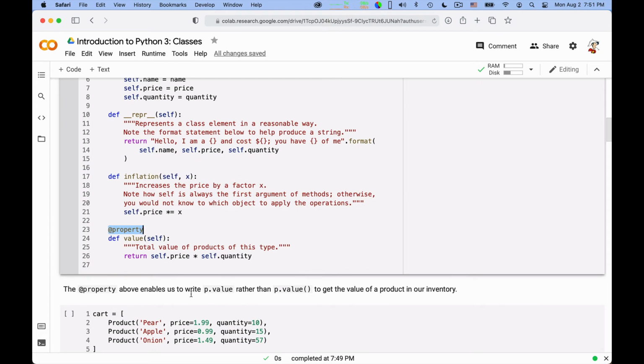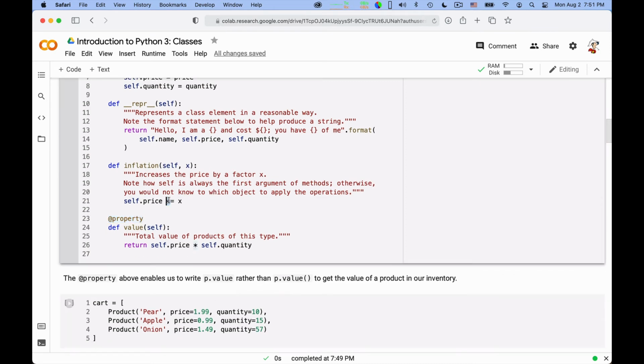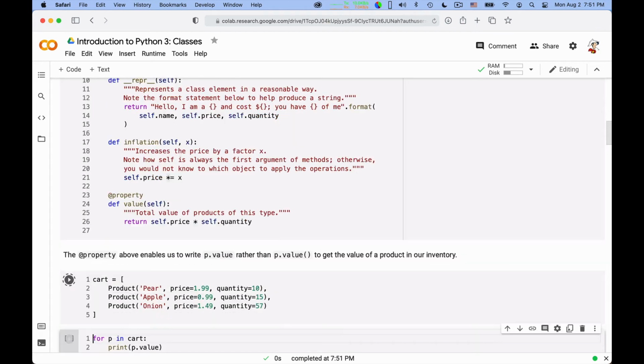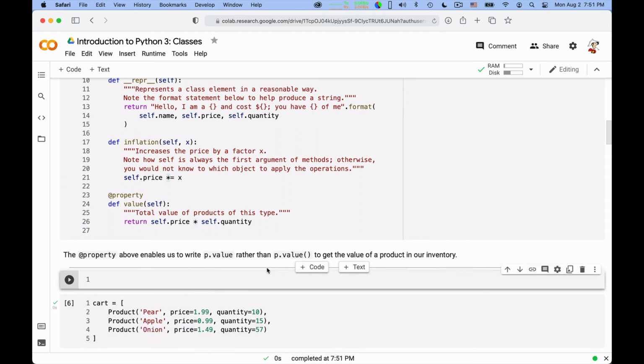Okay? So notice that when I define methods, when I call a method, I would say something like, let me run the code and then give you an example. Okay? So if I want to create a product, let me write the example here. If I say, for example, p is equal to product of pear and the price is equal to 2 and the quantity is equal to 3.